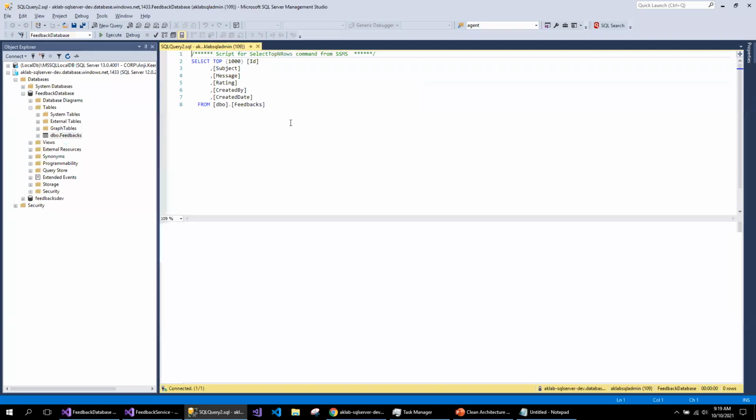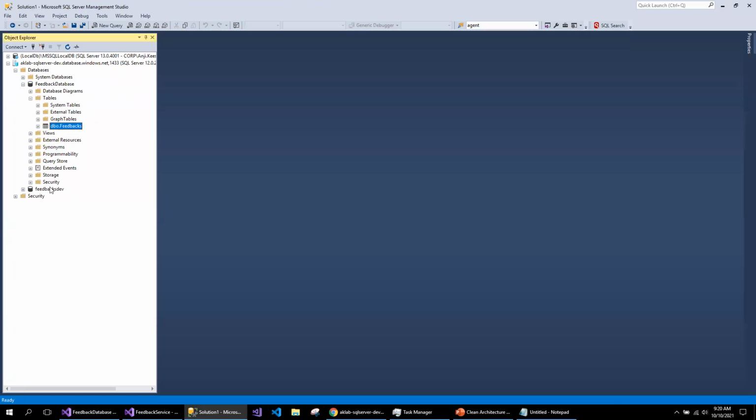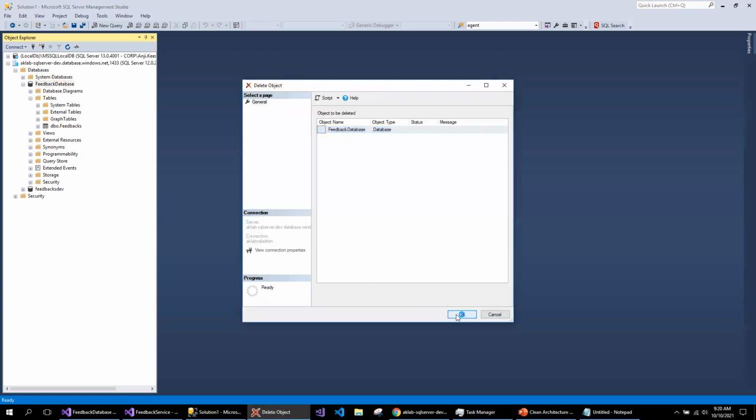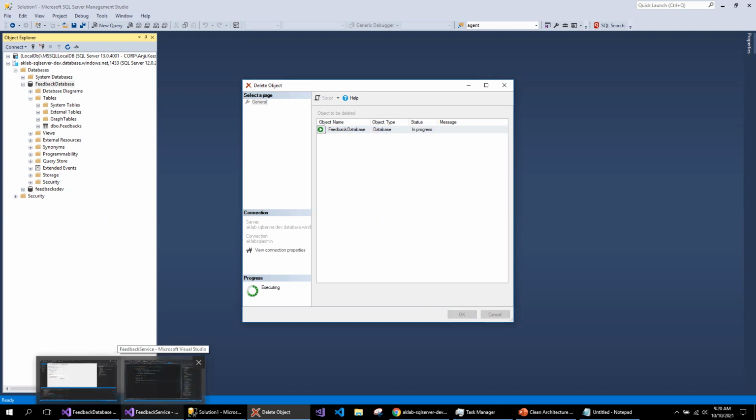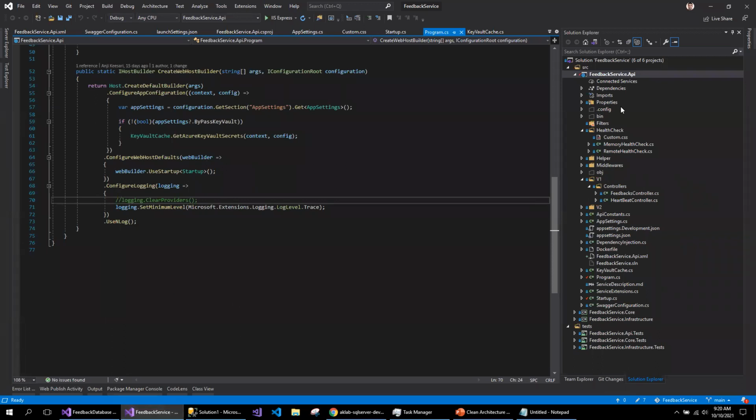I'm sure I will be having the data along with this, but actually I want to publish this to the feedback dev, not create a separate database. So let me quickly delete this and publish to the existing database so that I can use the database which is created on the Azure SQL and from the Azure portal.